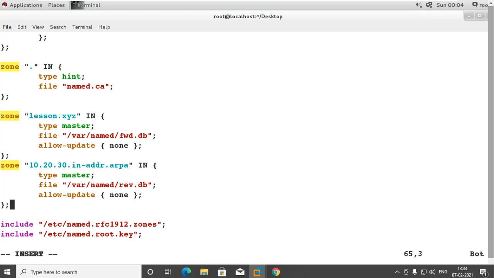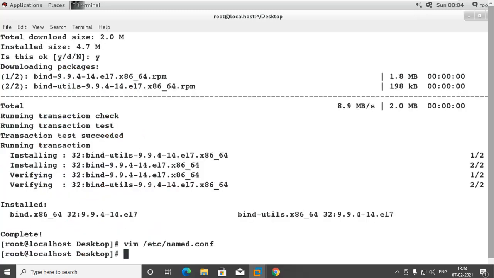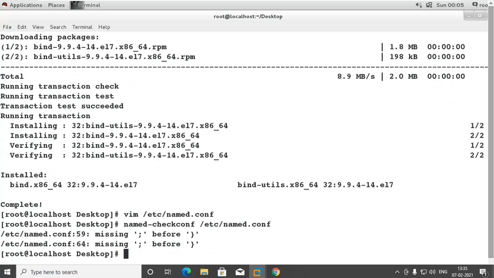Once this is done, our configuration file is almost done. We will save this and exit. Now we can check whether we have made any errors or not. To check the configuration file, the command is named-checkconf. We only need to give the configuration file path, that is /etc/named.conf.